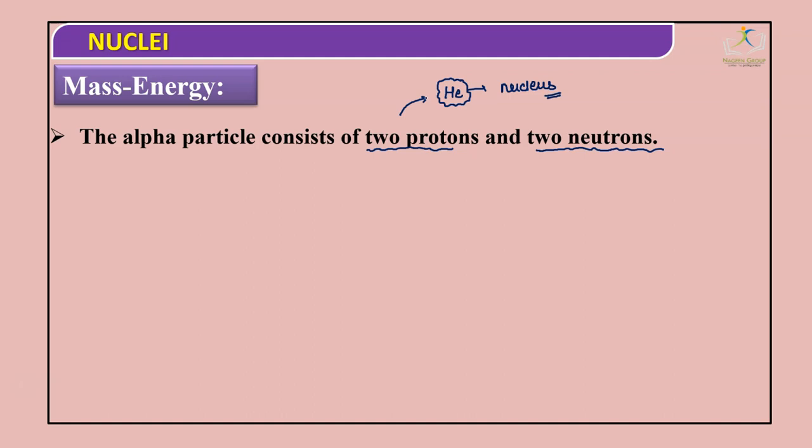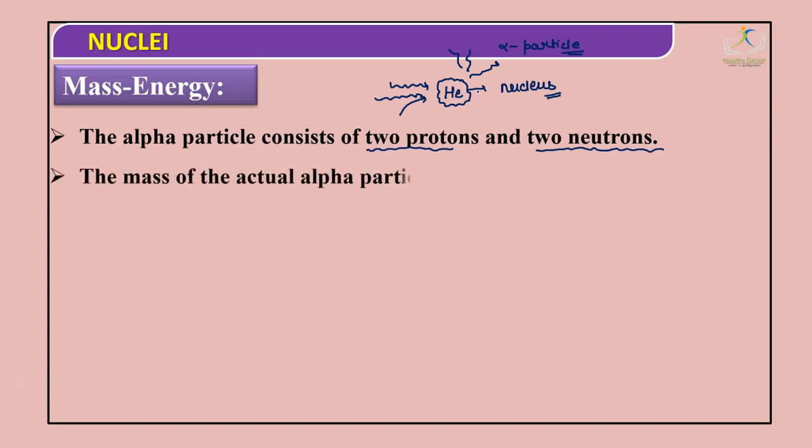When an element like helium is heated up, radiation starts to emit. These radiations are actually alpha particles, and these alpha particles have two protons and two neutrons. Now the mass of the actual alpha particle in AMU, or atomic mass unit, is